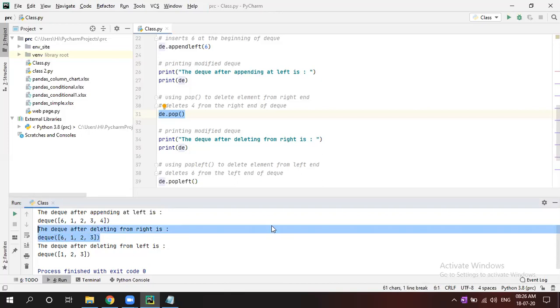Now modification. If you want to change any value, for example this 6 I want to change to 4, or 1 I want to change to 5, you want to update that thing, right? That you can do using the normal one.